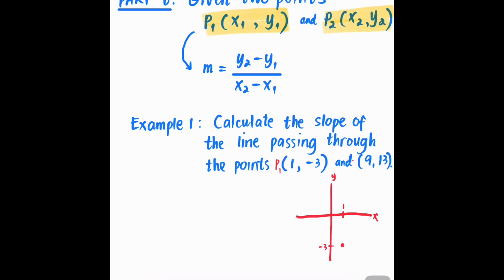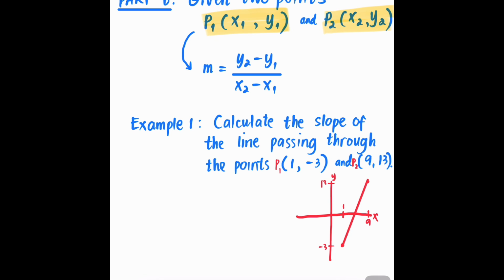And for the second point, we have 9, comma 13. So both of the coordinates are positive, right? So we are expecting that this point is going to be located somewhere here. If, for example, this is 9, and say, for example, this is 13, positive, our point is somewhere here. I'm not actually plotting it on the exact location, just to show you. So if you have those 2 points plotted, definitely just connect the 2 points and you can create a straight